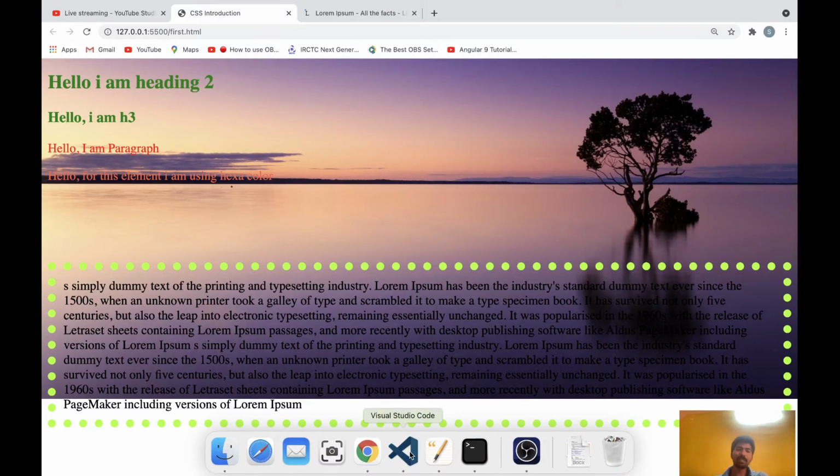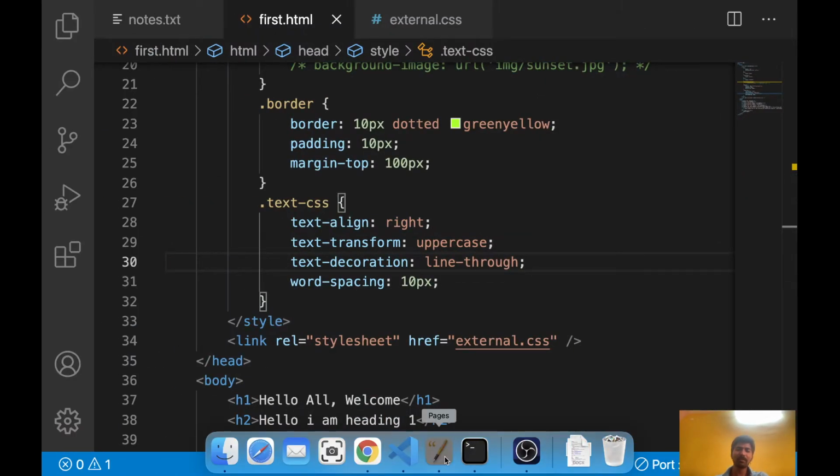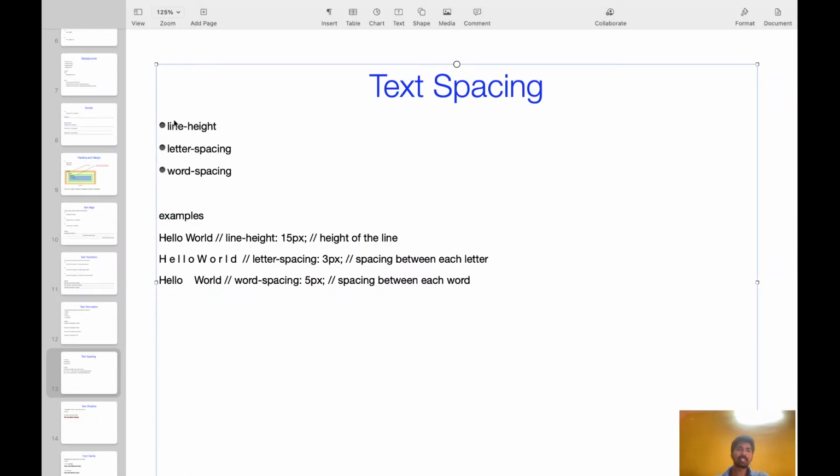So that is about spacing. These three types of spacing will be there. First one is line height; you can increase or reduce the height of the line. The second and third are letter spacing and word spacing. For space between each letter, use letter spacing. Between the words, use word spacing.